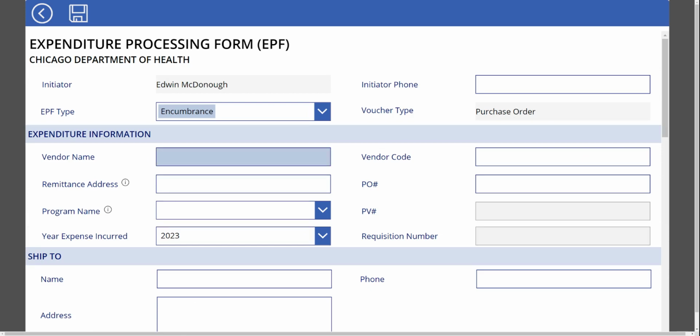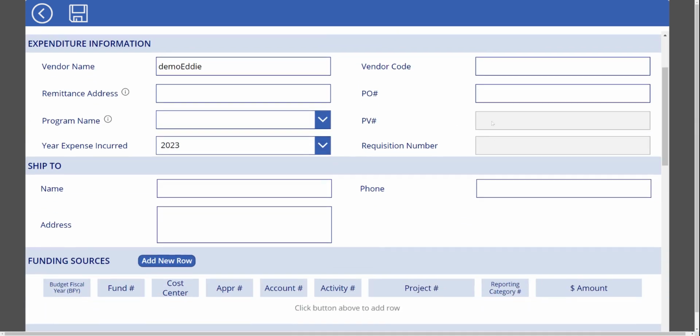You want to fill out as much information as possible. For this demo, I'm going to just fill out the minimum amount. For an encumbrance, you'll notice the PO is not required, but there is the option to fill it in if you have one. You want to fill out all this information that you have. PV number, requisition number will get automatically filled in or filled in by a different party, so you don't have